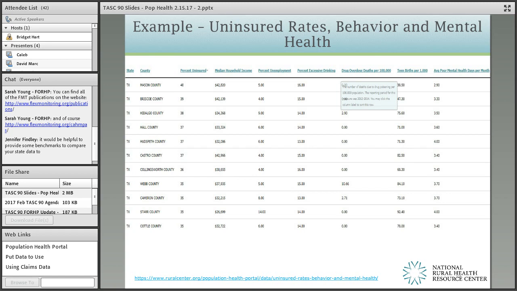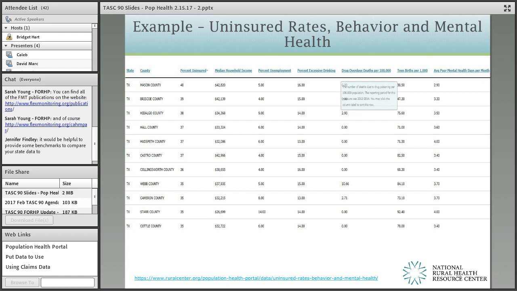And a few states are focusing on mental health integration within the population health core area flex, including North Carolina and Montana. So this screenshot is for the state of Texas,